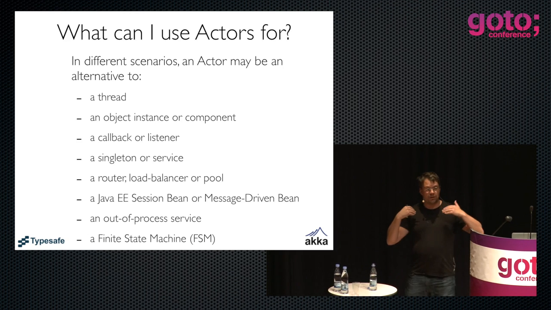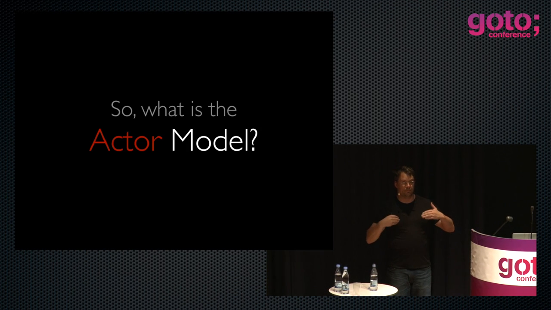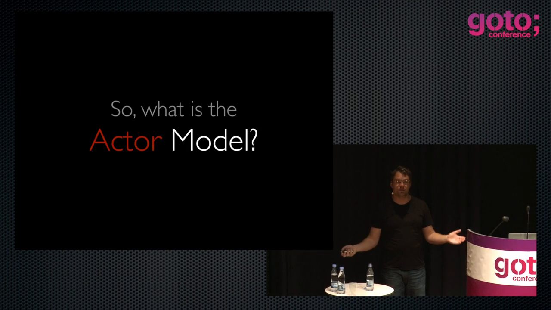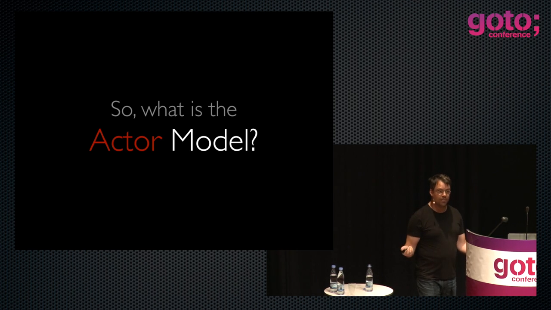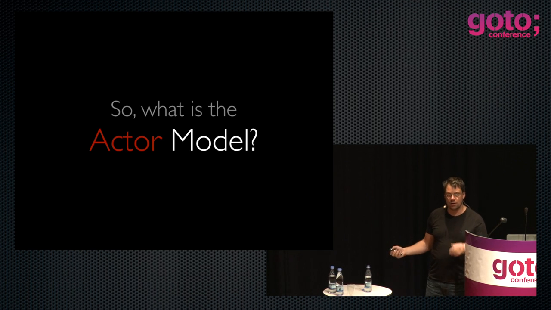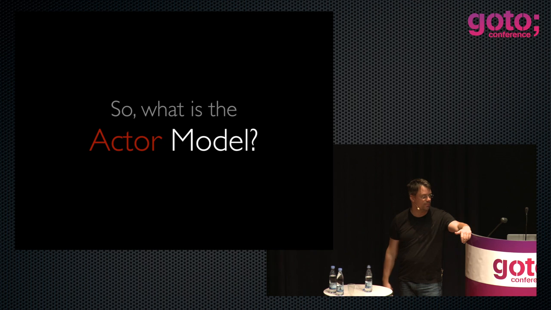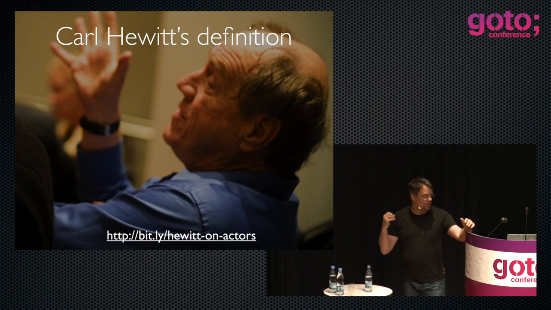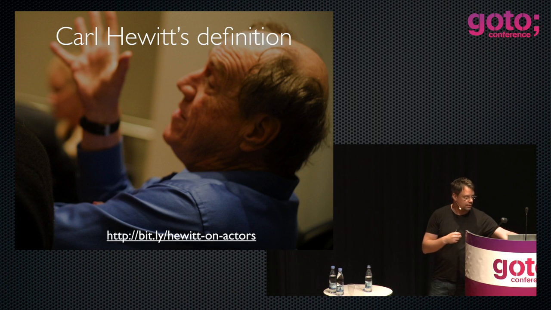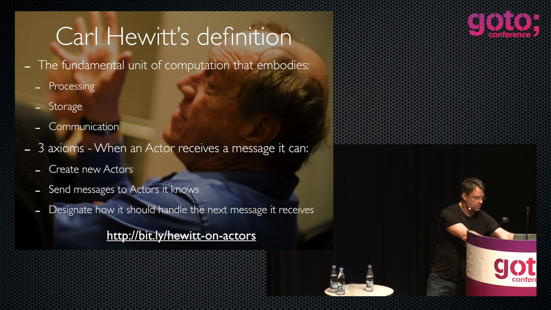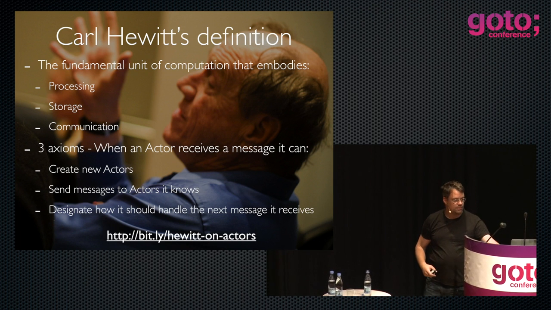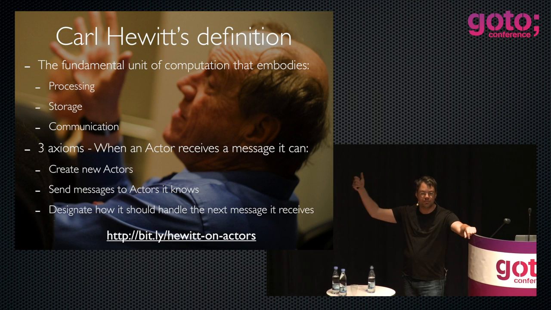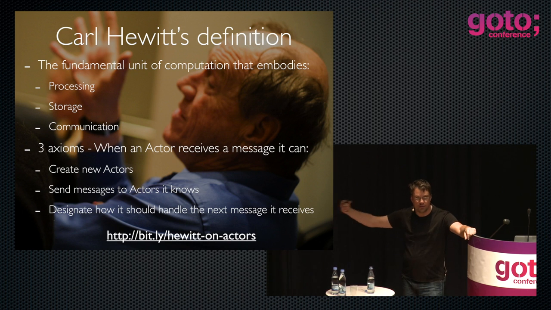So if we take even a step back, further back, and look at the definitions. What is the actor model as it's defined by Carl Hewitt, the guy that sort of invented the model? According to Carl Hewitt, it's a fundamental unit of computation that embodies three things: processing, that's the behavior, the thing that runs, the things that execute cycles on the CPU,